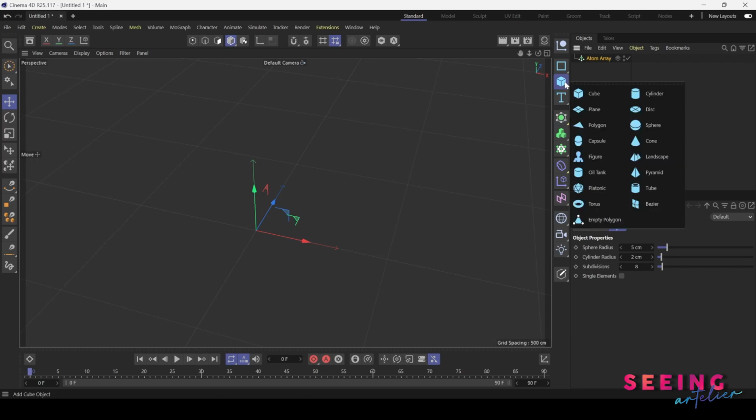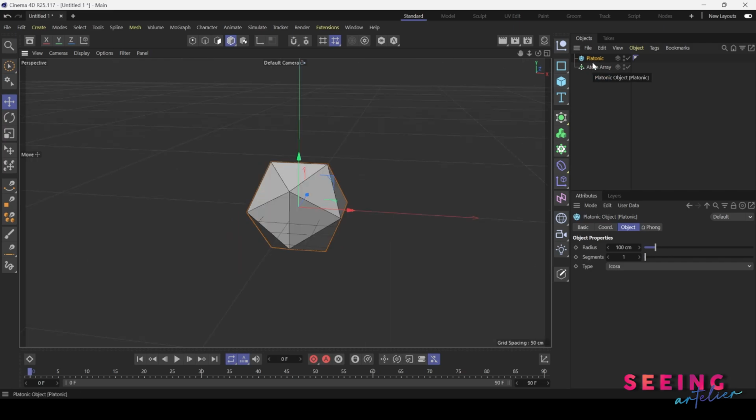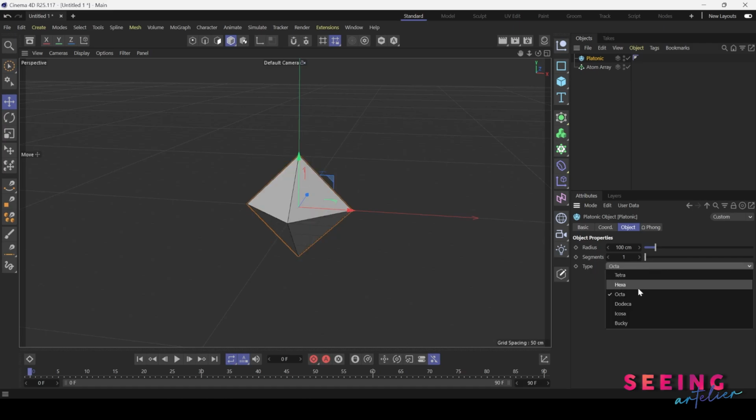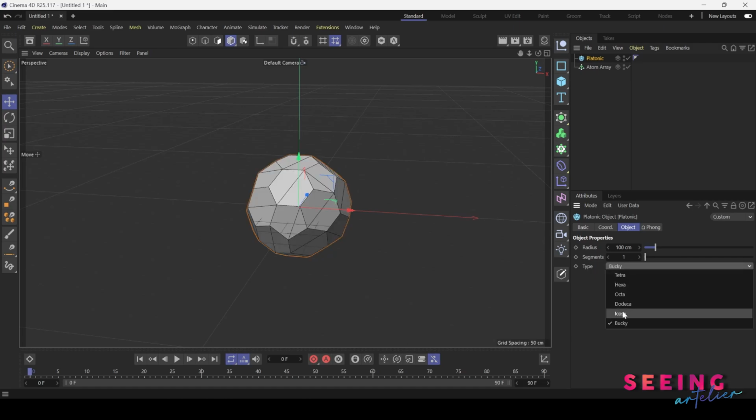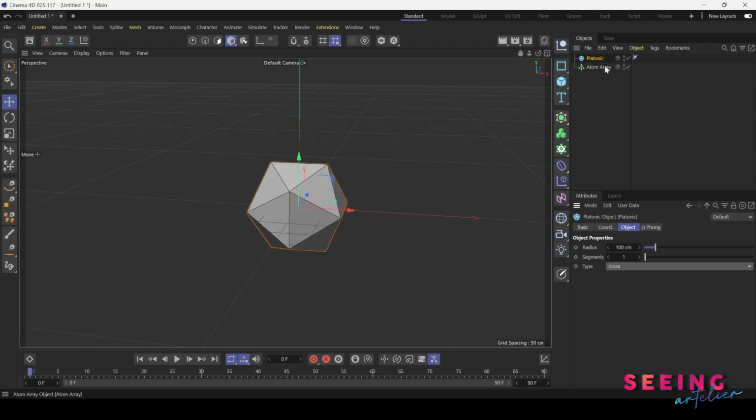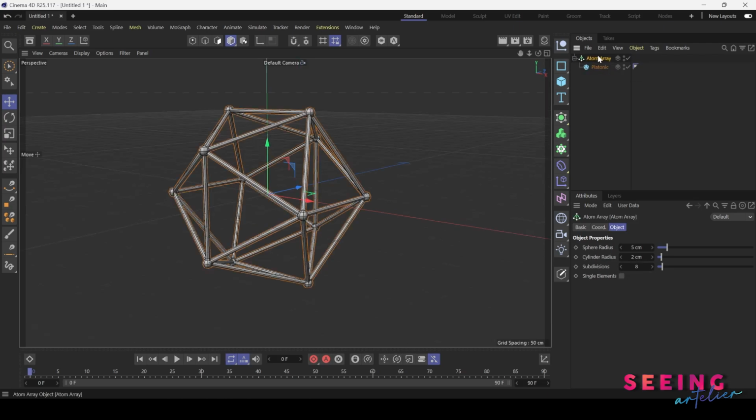In the primitive object here, maybe I will choose platonic. There's different shapes inside platonic. You can take a look at the object and the type is Icosa. You can change to Octa, you can change to Bucky. Now I just choose Icosa. When I drag my content or my object underneath atom array,